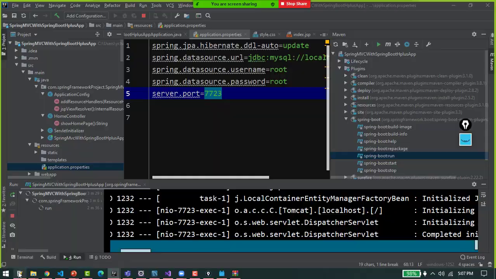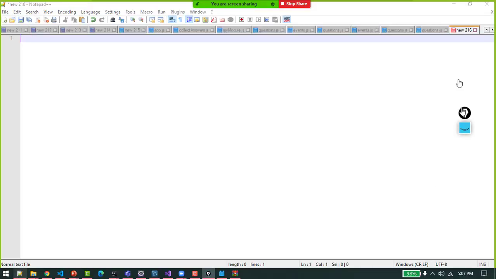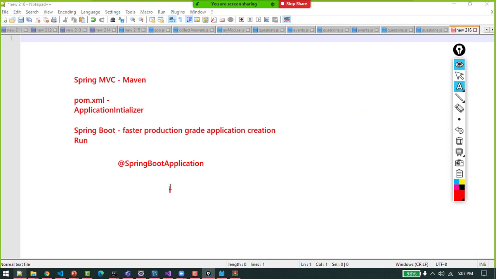Spring Boot creation. The POM is being handled by Spring Boot starter parent, by Spring Initializer. Servlet Initializer was given to us. The Spring Boot application annotation was given to us to start the project. I did not configure the dispatcher servlet this time. I did not mention set load on startup. All those configurations I did not mention, right? So faster production grade applications are created with the help of Spring Boot. Spring Boot is just one project of the Spring Framework. It is popular because it has made life easy for programmers for build creation, build deployment and war creation.